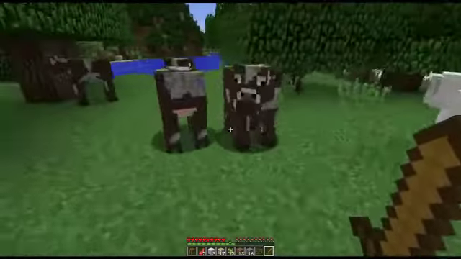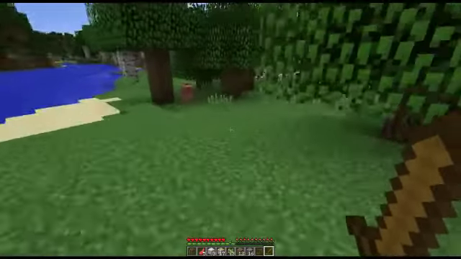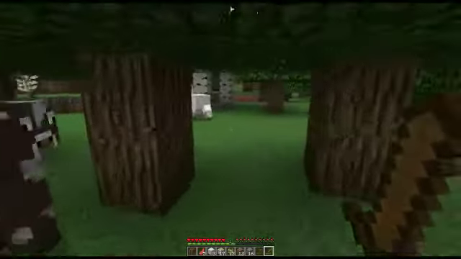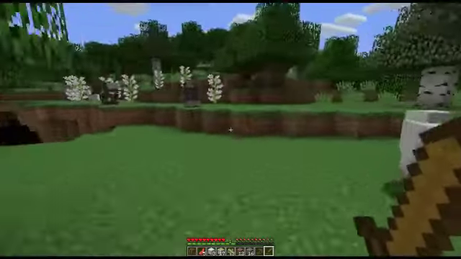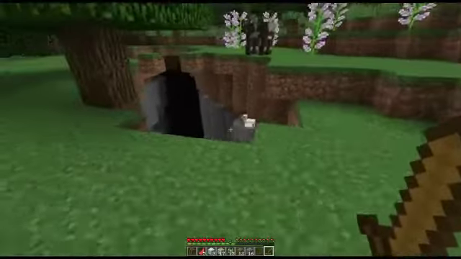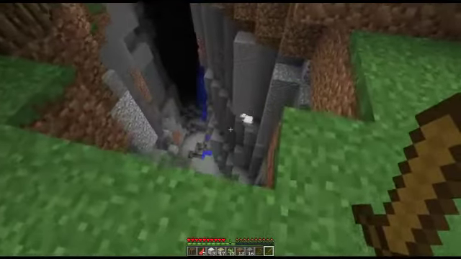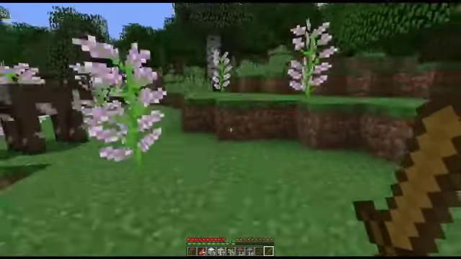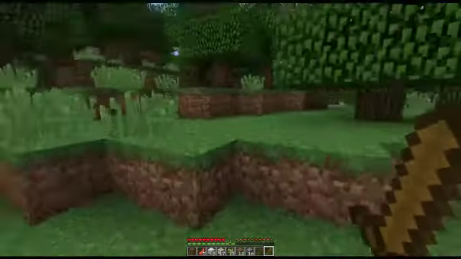Okay, none of these chickens are dropping feathers. But generally, when you kill chickens, you can end up getting feathers. Here's another chicken. Fine. Go for your long fall. But anyways,